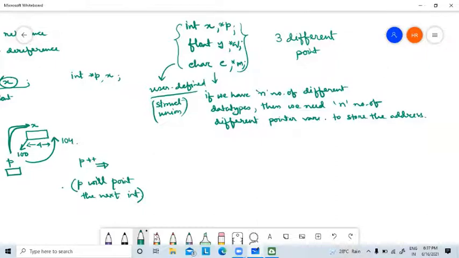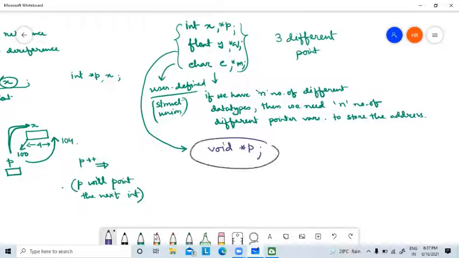So there is one solution for this. Instead of using different pointer variables, we can declare a single pointer variable with void type, void *p, and this is called the void pointer. Why are we using a void pointer?